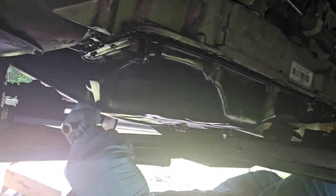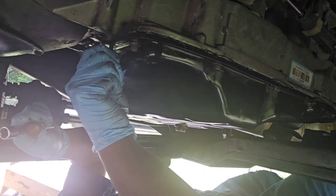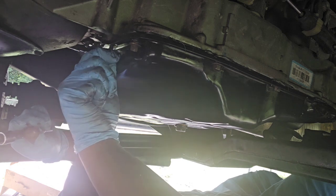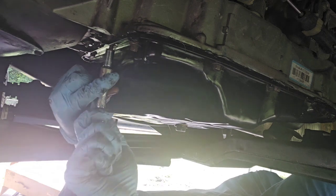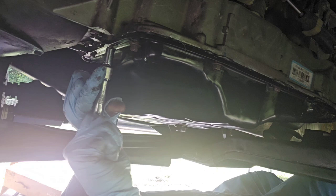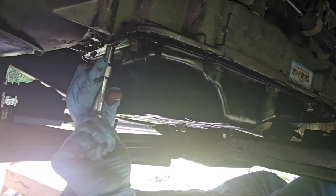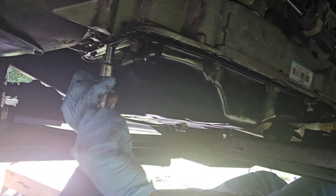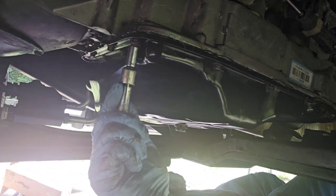I remember one time when I serviced my old transmission, the very first time, I was hearing all kinds of negative stuff. Oh, don't go in that transmission. Oh, you go in that transmission, you're going to start having problems with it. You shouldn't service no transmission. And so after I serviced my first one, the stock one that I had,